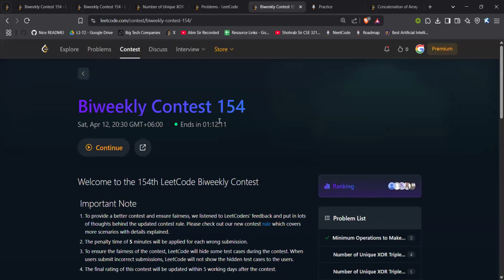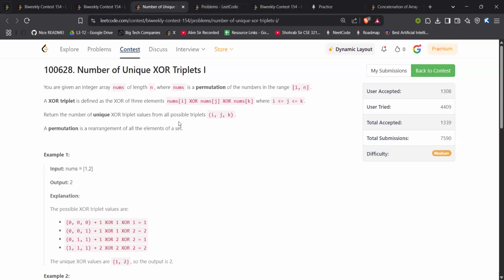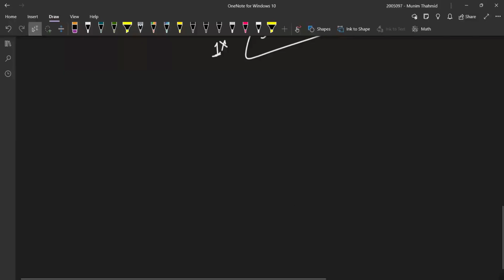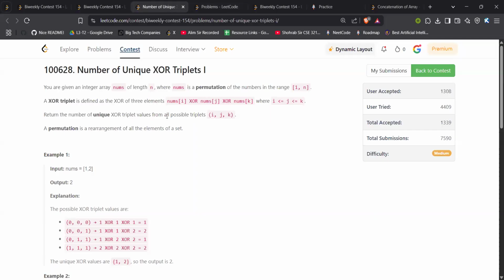I'm so confused. If we want to have some decent rating, we just have to solve this. Okay, so let's start from the beginning. Let's try to read the problem again, because the more you read the problem, the more new ideas come into your brain. So who knows? We're given an integer array nums of length n, where